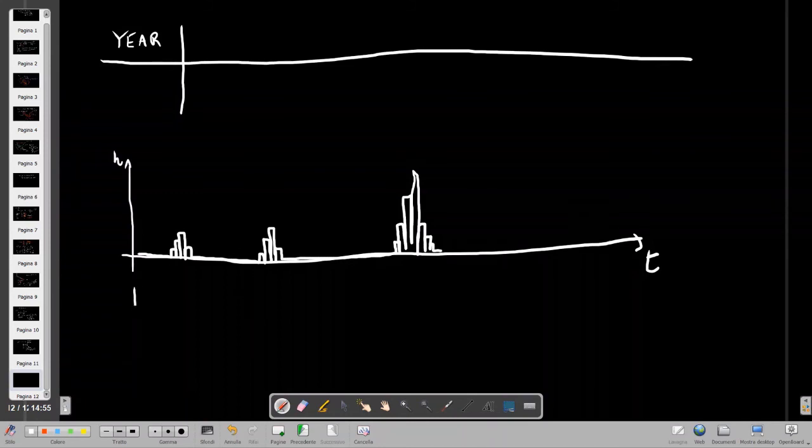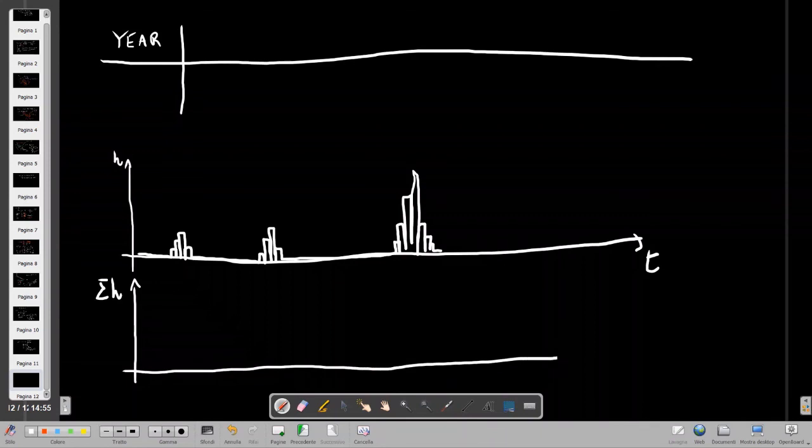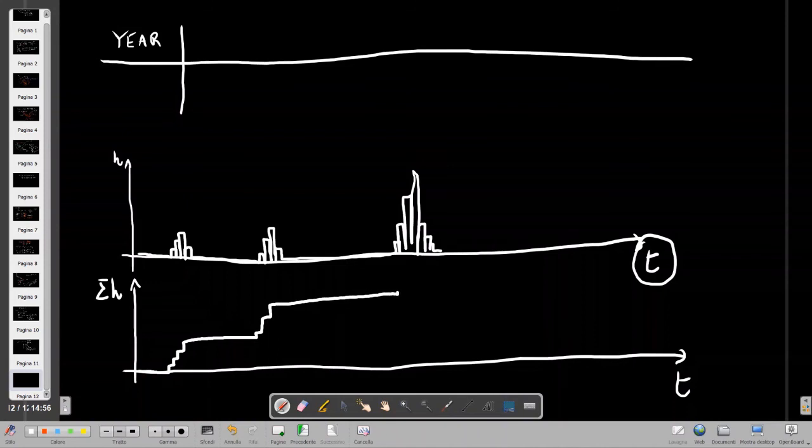We can define a kind of cumulative rainfall depth. Pay attention, this is not the duration, but this is the time. So actually, we can write a kind of cumulative rainfall depth, something like that. Okay? Then we can take into account the difference of the